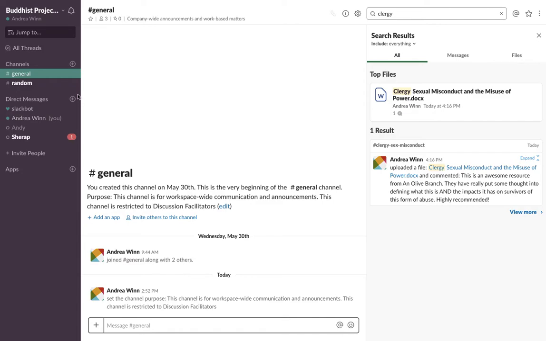First of all, just point out that there are two main areas that you're going to be using in Slack: the channels and the direct messages. So let's look at direct messages first, because this is going to be more familiar from other things like Facebook. A direct message is like a private message in Facebook.